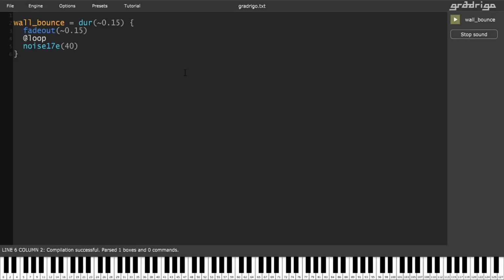whenever needed. All right, so let's add the bar bounce, which is going to last 0.2 seconds. And it will also have a little fade out there, and it will be a loop of a square wave with the period of, let's say, 72, which is the C5